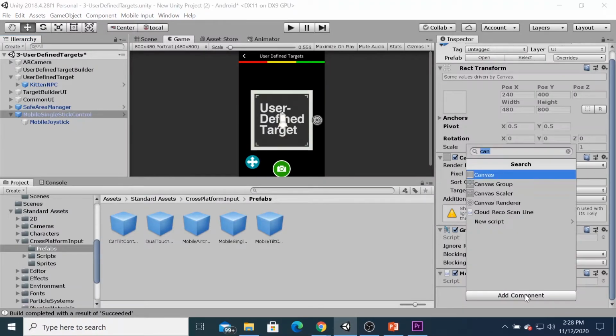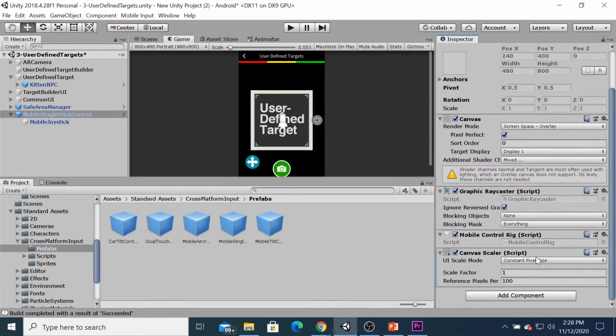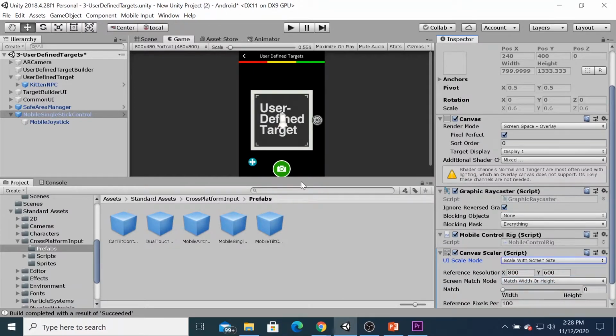You can add a component and choose the canvas scaler. Then you can choose the scale with the screen size, so the mobile joystick will be adjusted based on the screen size. If the screen size is bigger, the size of the mobile joystick will be adjusted.